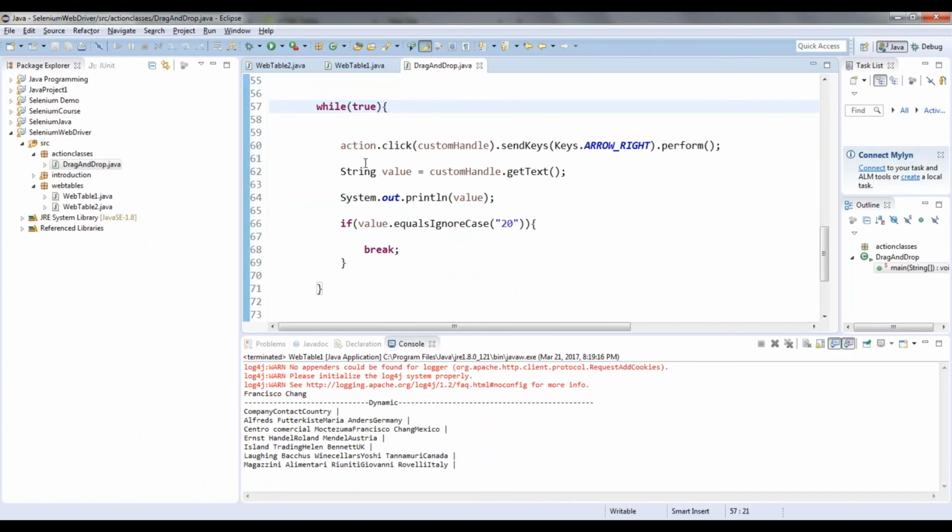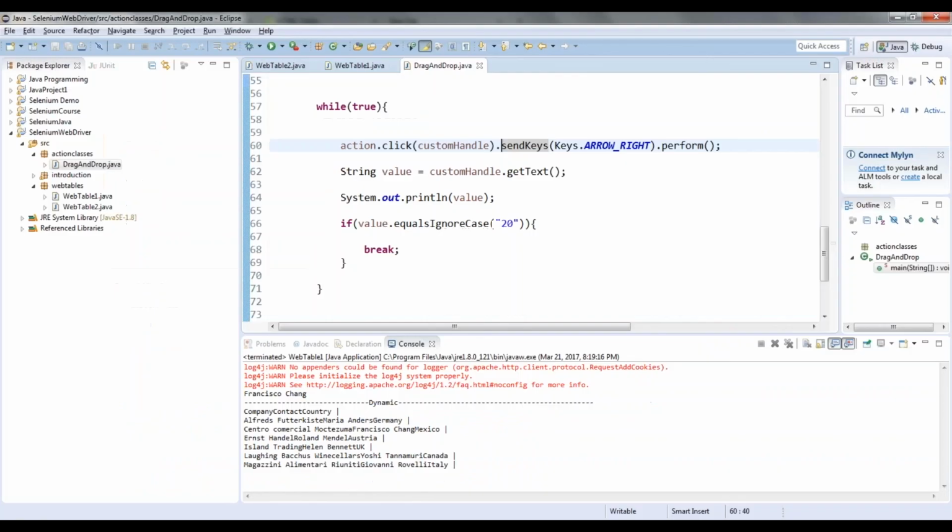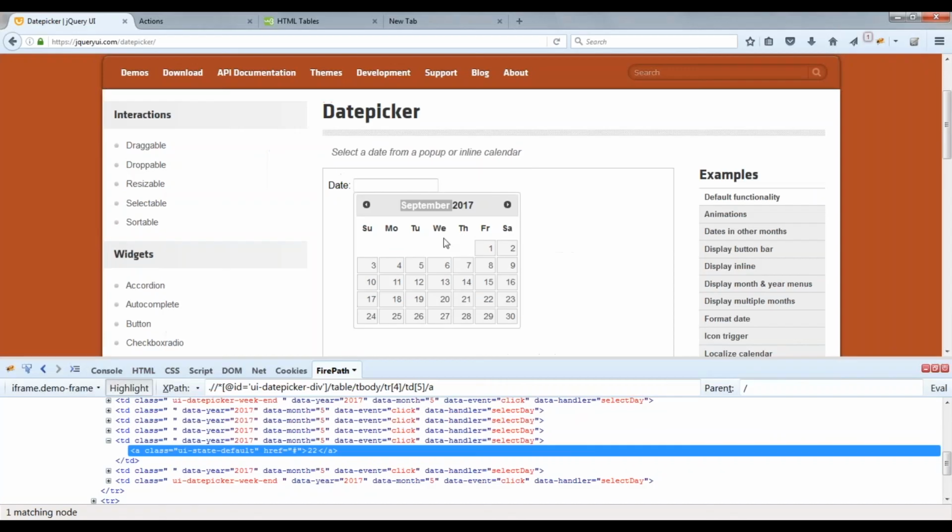While true, driver dot findElement dot click, and once you click, verify the text. If the text is equal to September, then you break out of that while loop, and then iterate through this particular table and click on that particular element.